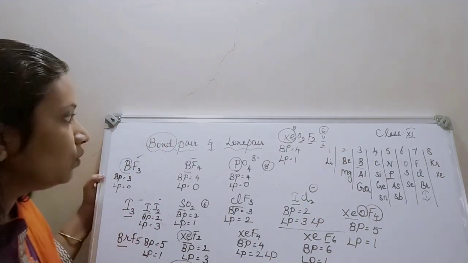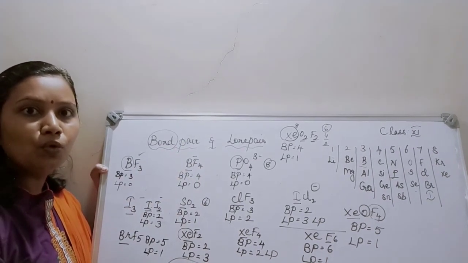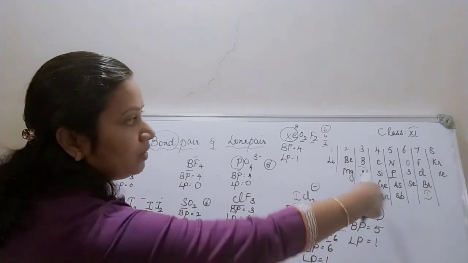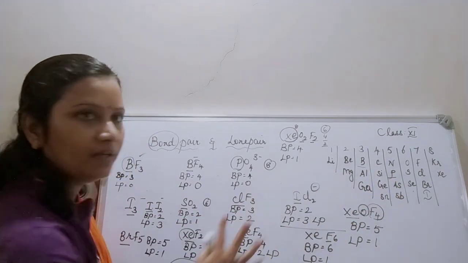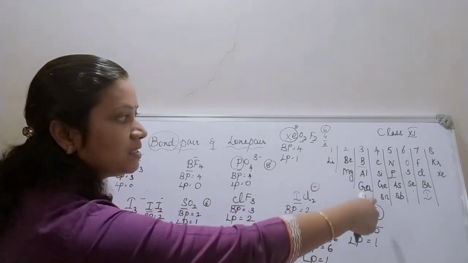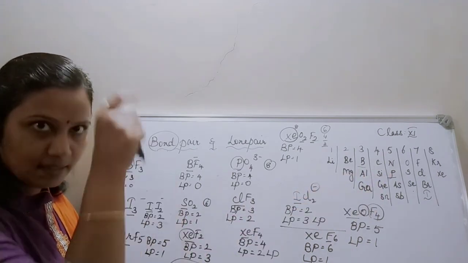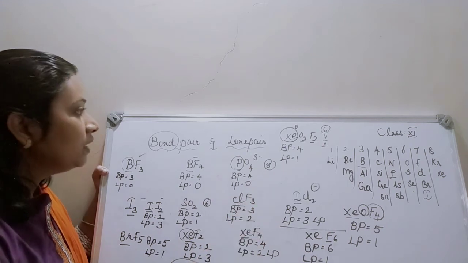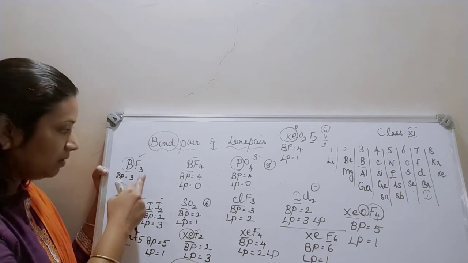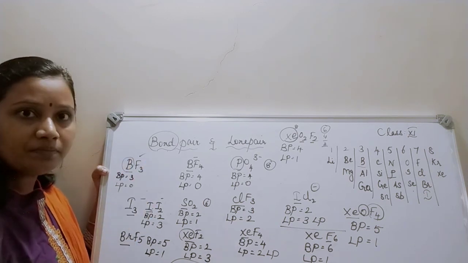Okay, children. So, to determine the lone pair and bond pair, my first step is I should know the number of valence electrons present in all these atoms. You should know this column very well. For that only I helped you to remember this. Okay, boron, aluminium, gallium, carbon, silicon, we know all this. Just try to recap how I helped you to remember this list of elements under each family. So, identify the central atom, then identify the bond pair. Bond pair is nothing but the electrons directly bonded to the central atom. Then you try to determine the lone pair from the valence electrons.